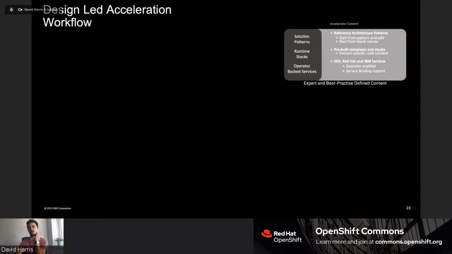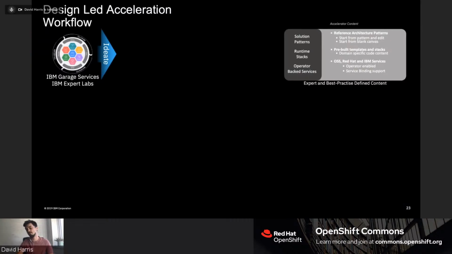So we start off with what we provide through the garage as best practice reference architectures. We actually bring this into this workflow. We have the best practice application stacks for creating applications. We deploy through a series of operators, which I'll talk about in a bit. Clients can work either with the garage or entirely using the on-demand materials that they have through things like the